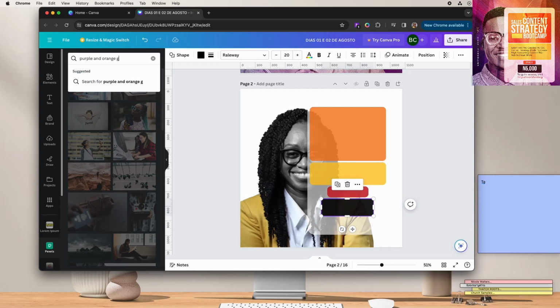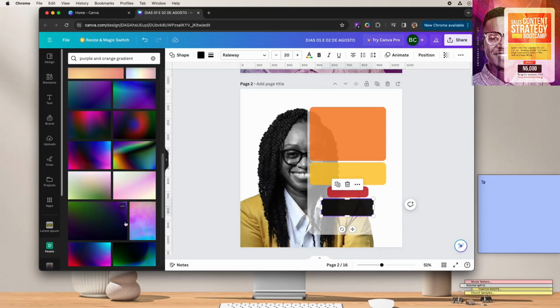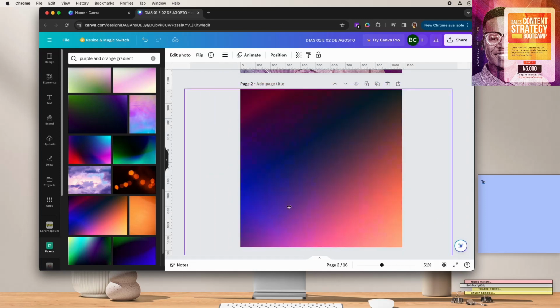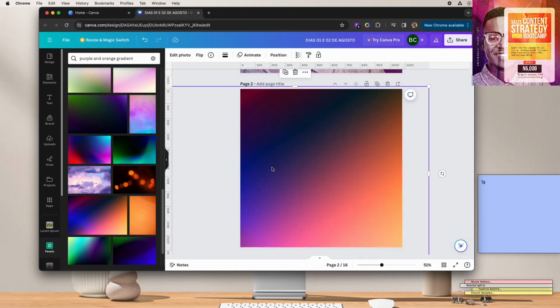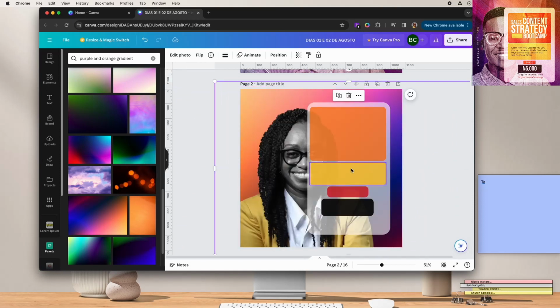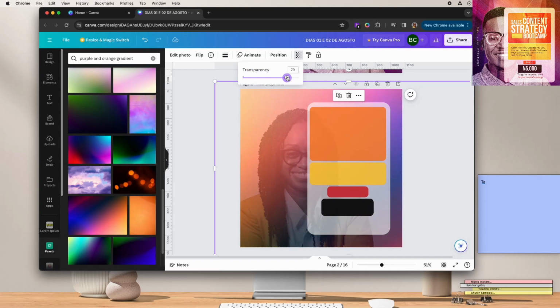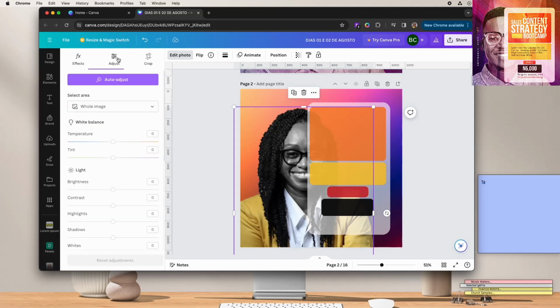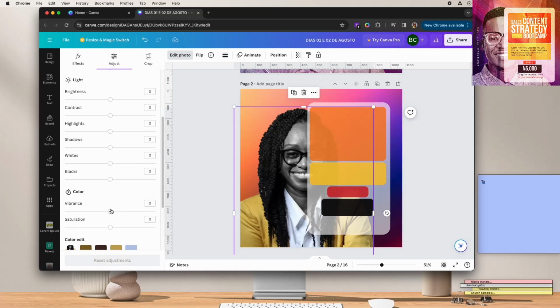Next, I'm going to start looking for the colors that make up the background. So my interpretation of what I saw on his flyer is an orange and a purple gradient or effect. And so that's what I typed in to the Pexels app on Canva. I didn't type it into the Elements app because I'm using a free account and I know the majority of the things that I would find there would be pro only. So I did it in Pexels so I could get access to more free